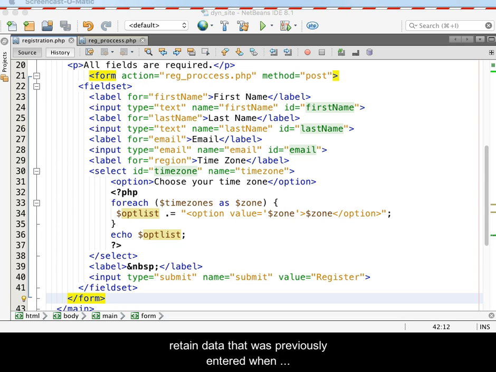In this video, we will show you how to make forms sticky to retain data that was previously entered when errors are detected and you'll return to the form. If you are following along with the videos in this series, you will find the registration.php and reg_process.php pages have been modified just for this video. You may want to add the code as needed and then comment the extra pieces out in order to continue